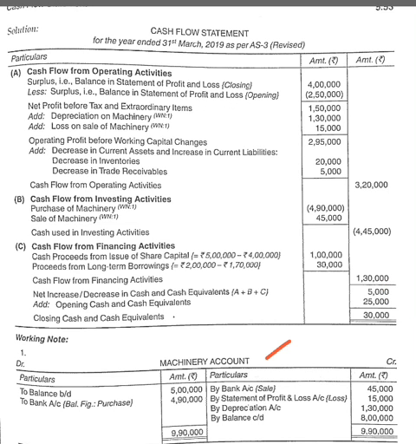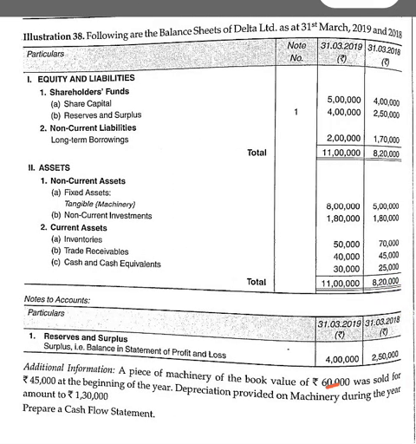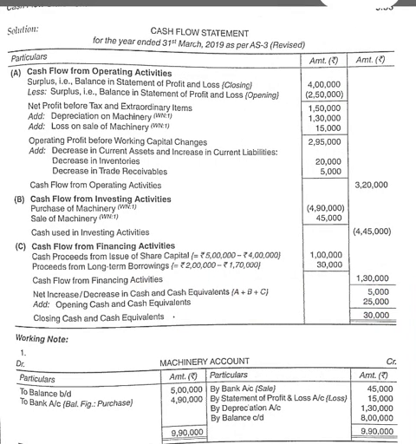Then next, we have to make the machinery account. Now see, what is the way of the machinery account? First of all, we will write the balance brought down and balance carried down, the opening balance and closing balance of machinery. After that, we have to record the sale and loss. Now see, what is the book value of machinery? Book value of machinery is 60,000, meaning cost minus depreciation is equal to book value. Book value of machinery is 60,000, sold for 45,000. So our sale is 45,000 and our loss is 60 minus 45, that is 15,000. So we will show over here sale 45,000, loss 15,000.